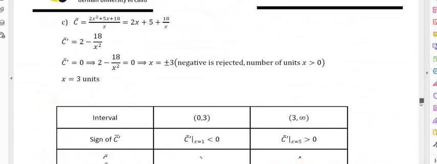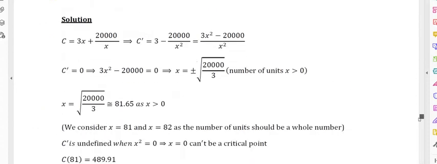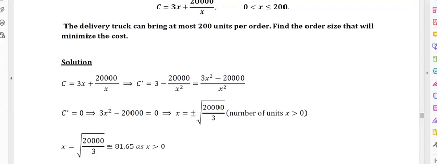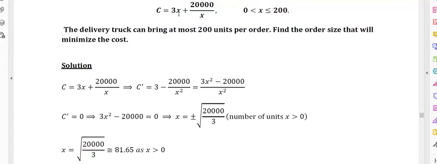We will derive here the derivative of the total cost, which was given here. The derivative of 3x is 3, plus 1 over x times 20,000. The 20,000 is constant, so we might separate them. So we'll say that it's negative 1 over x squared, and then we put it in one fraction, equate the numerator alone with 0, which will derive this value, and equate the denominator alone with 0, which will